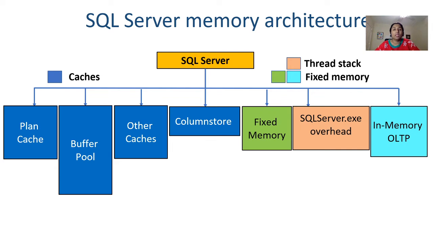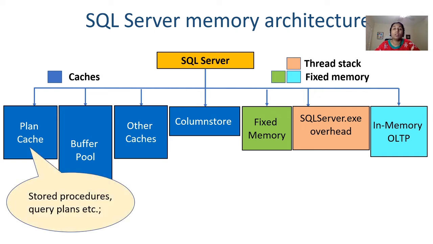Now let's see the overview of the SQL Server memory architecture. The SQL Server Engine is a Windows program which will use the Windows APIs to allocate memory to SQL Server. There are different types of cache in the memory architecture of SQL Server, right? In this session, we are mainly focusing on the plan cache and the buffer pool. But let's see what other components we have in the memory architecture of SQL Server. The first one is the plan cache, which is one of the major components.